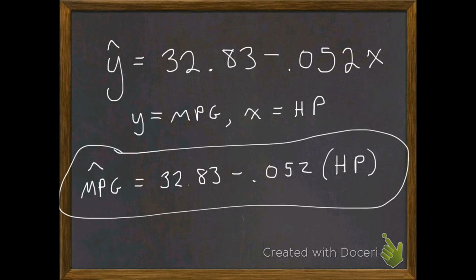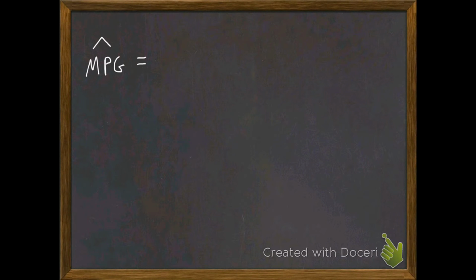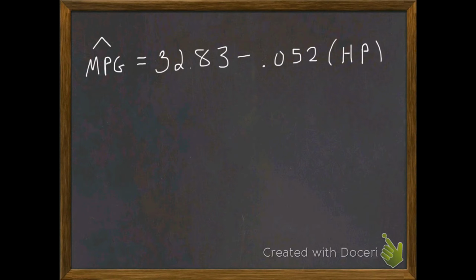So what we found in the previous video is that we could predict miles per gallon by taking 32.83 minus 0.052 times a car's horsepower. So, for example,